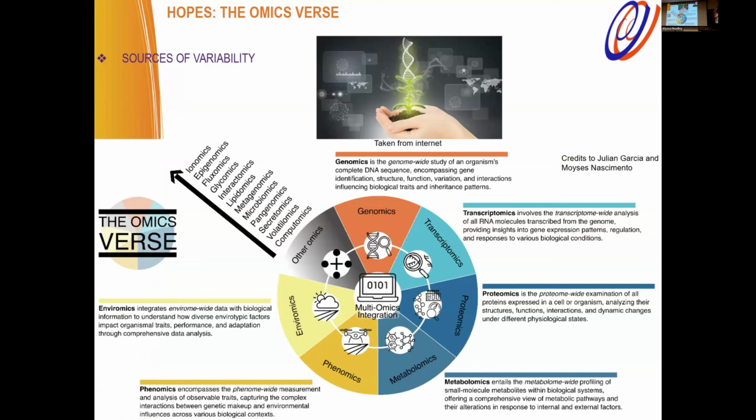So this is a graphical representation of one of my postdocs. We have to put together all of the current different omics that we can work with, besides genomics: transcriptomics, proteomics, phenomics, enviromics, and some of these have advantages and disadvantages. And other omics like ionomics, right? The amount of the specific elements in the tissue. So all of these things can be included in the prediction framework, but it's important to try to distinguish which one will be more useful or which one is going to bring more information.